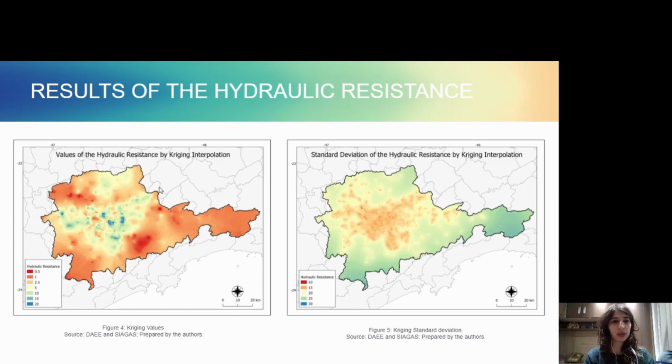And here on the borders, these colors are more present. In the center, we have a high vulnerability, which is 10 to 100, represented by this green and blue color. It represents 15 to 20. And on this map here to the right, we can see the standard deviation of the values. In the center, the standard deviation is lower than on the borders.